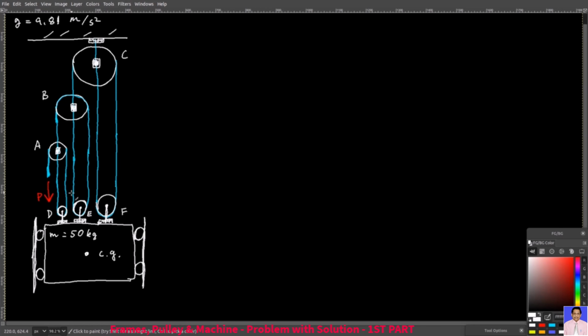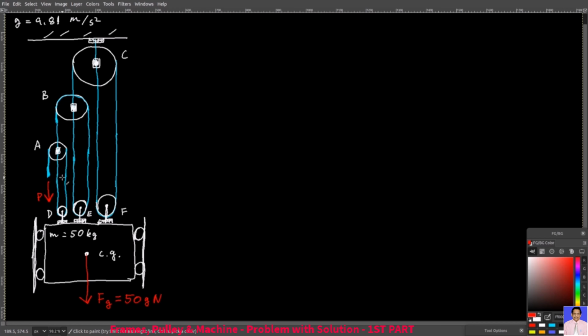to keep the elevator in equilibrium. First of all, the mass of the elevator is 50 kilograms. Thus, Fg equals 50 times G newtons. The other thing is that, remember, cables transmit force along the cables. So if I pull at P newtons on the left side of pulley A, then the same force will be